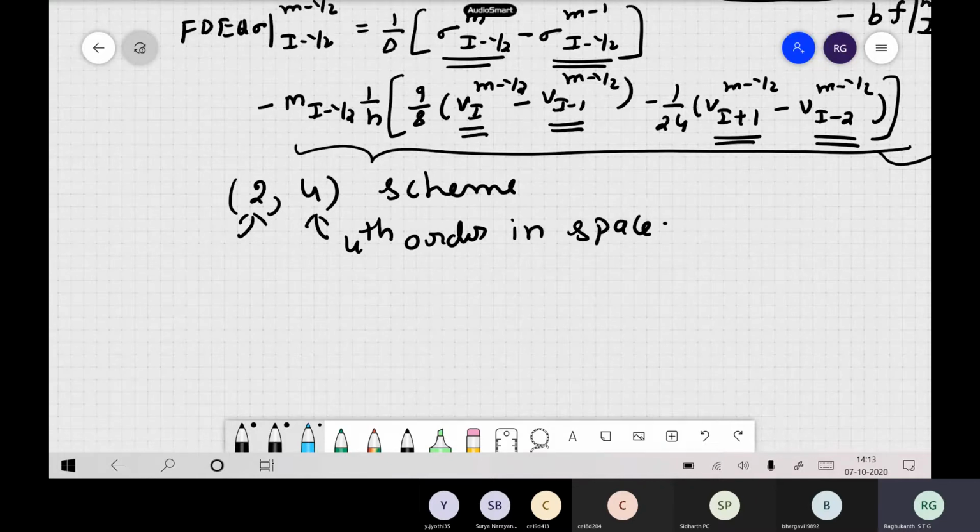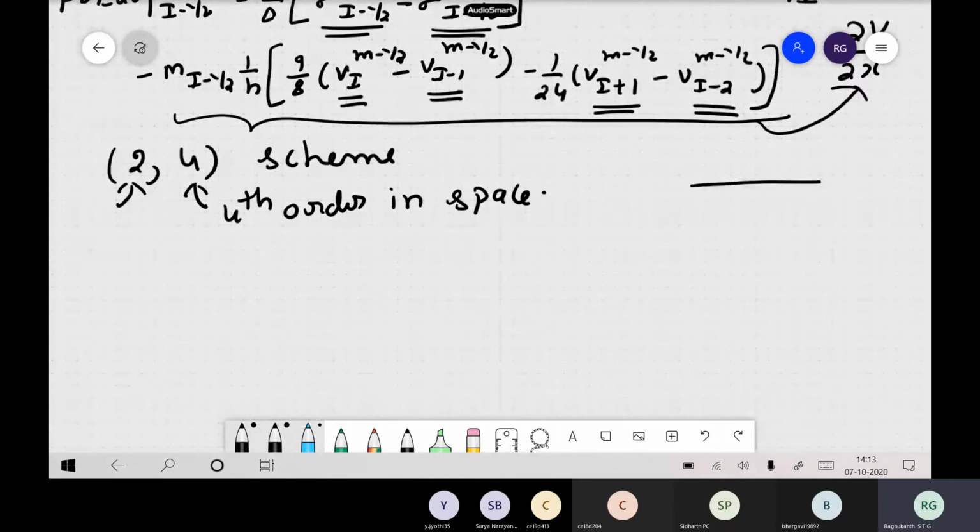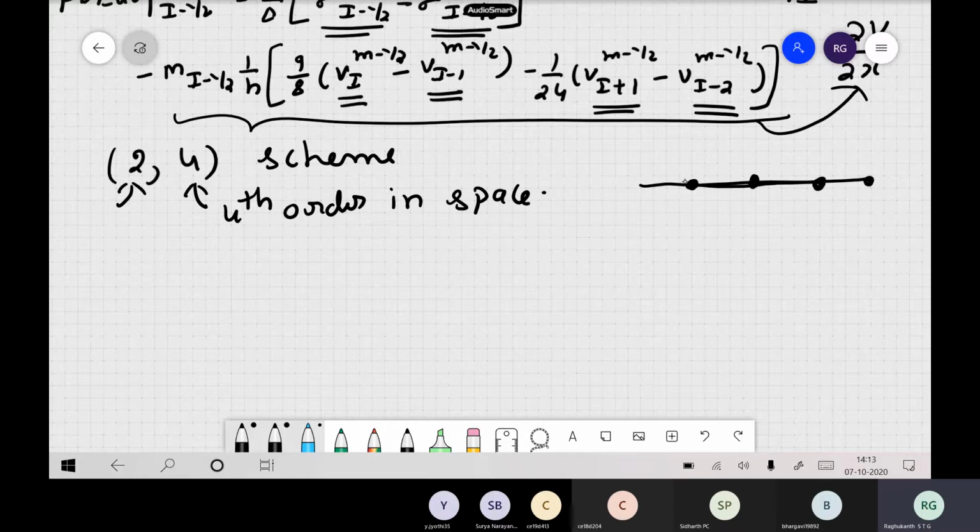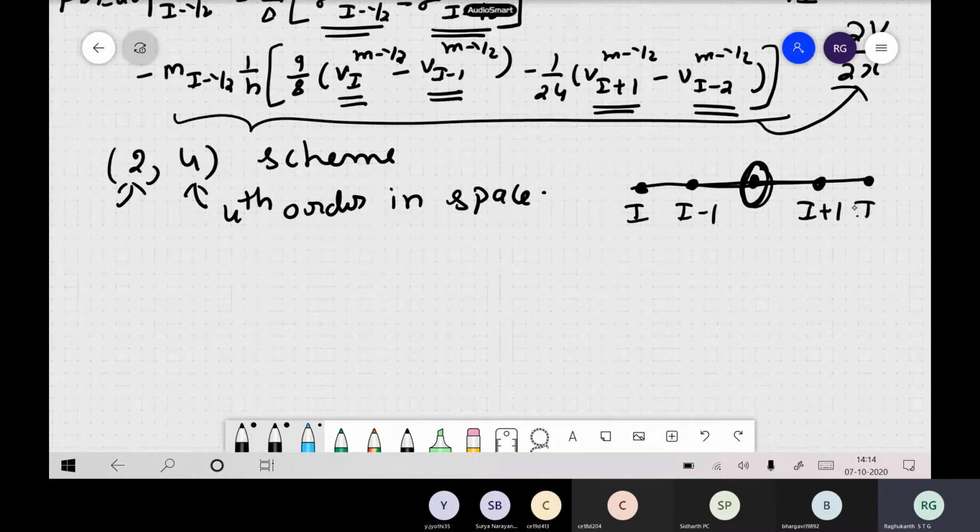This is how one can derive the higher order schemes itself. I hope all of you understood. Last class, to compute the derivative, let us say I want to compute the derivative here, you use this point and this point. That is second order. Now to compute the derivative you use more points. Here, to compute the derivative at this place we have used i minus 1, then i plus 1, and i minus 2. So 4 points have been used to find the derivative.